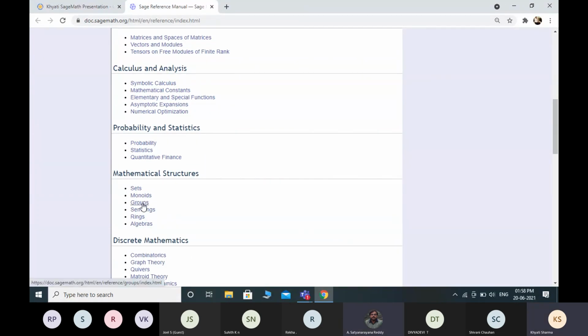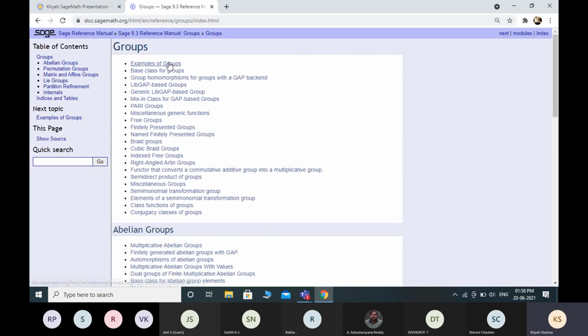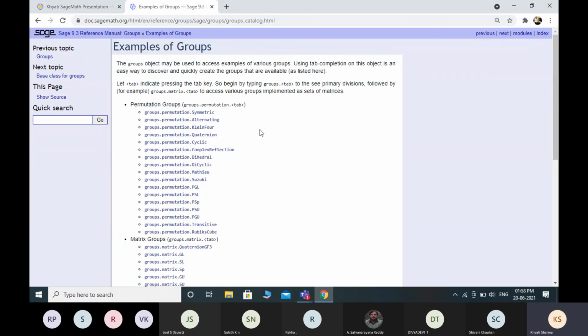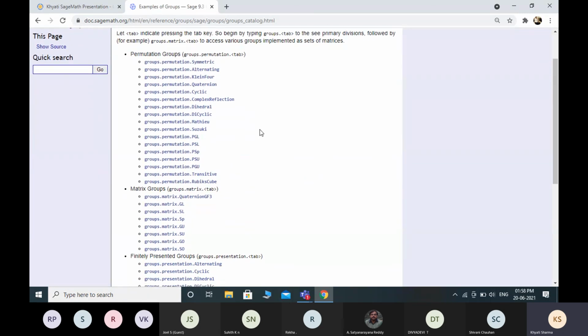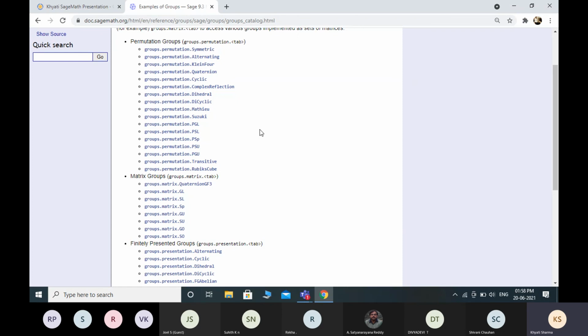So here we can go in mathematical structures, groups. Here, examples of groups. You can see that these are the groups which are predefined in Sage Math: symmetric, alternating, dihedral, quaternion, cyclic. Can you increase the font a little bit? Yes, sir.